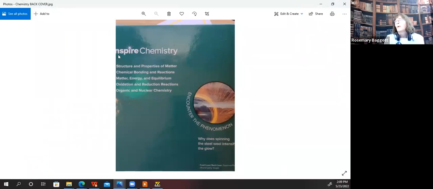Now, basically in my NIMAS file, especially if this is extensive, I could do a search, and I would search for and pick something from this page. I tried this: why does spinning the steel wool intensify the glow? And do the search and search for it in the file. It did not appear in the file. I don't have that NIMAS file open because it pulls so much. I did show it, I think, the other day for something, but it does not appear in the file.